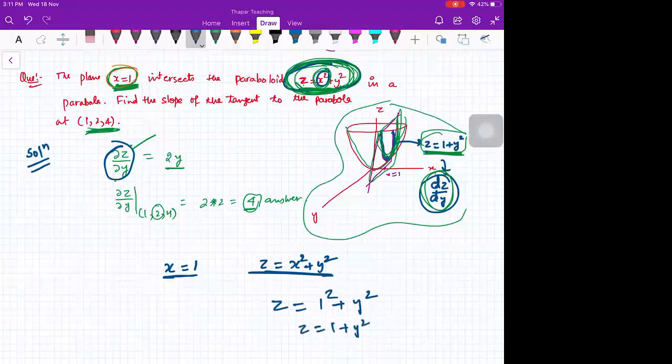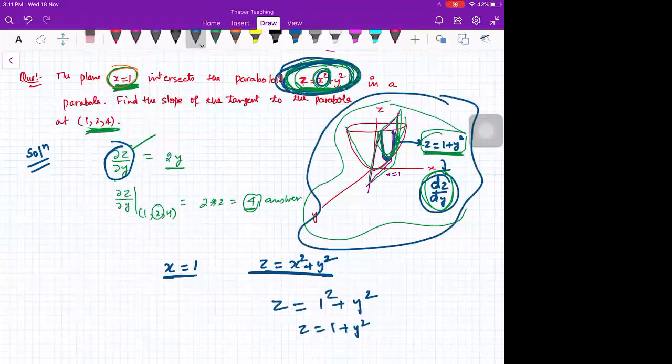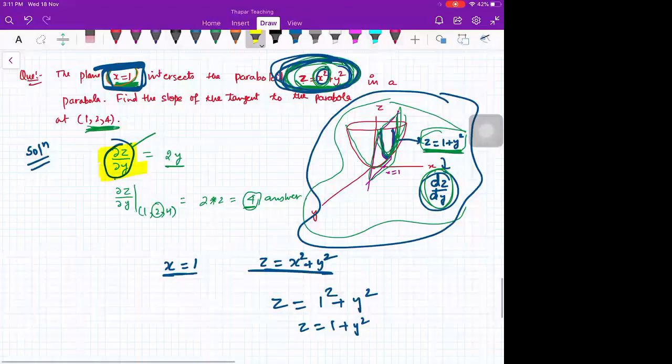But we are not actually doing this. I was just telling you to have an understanding. What exactly we are doing is we are just differentiating with respect to y partially. Why y? Because x is a constant. So the plane which we are using to cut the paraboloid has x constant. It means that you have to find the partial derivative with respect to y. Clear? You can look back and you can ask me again if you have doubts. Let us do one more problem.